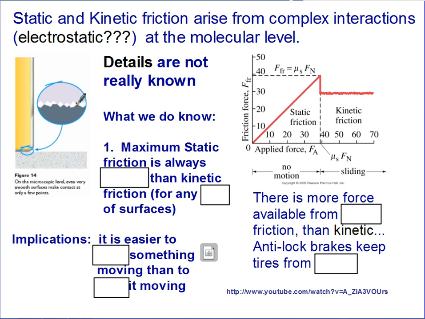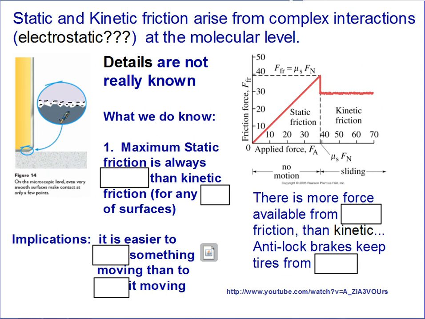And those jagged edges have electrons that are a part of one surface, and other electrons that are a part of another surface. And maybe what we think is that there are some electrostatic interactions, maybe some momentary bonds that form, or just something that's electrostatic in nature that sort of prevents or impedes motion. So it is difficult to know exactly what's happening.